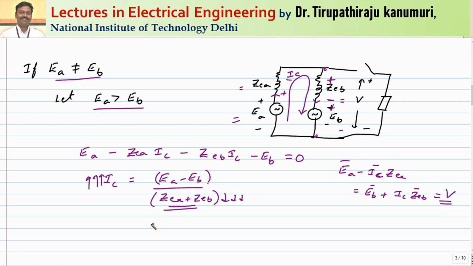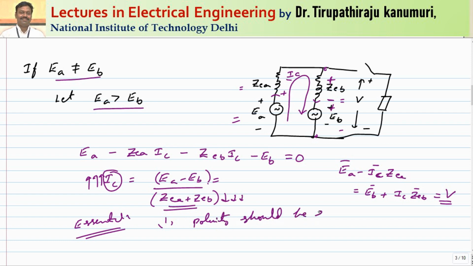So the essential requirement for the case of transformers, because I want to maintain my circulating currents at a minimum, is this: even if a small change is there, the circulating currents will be extremely high. These circulating currents will be extremely high if your polarity is reversed. If the polarity is reversed, then they are in opposite direction. So this will become EA plus EA. Even if the voltages are the same, they will add to each other. So that's why the essential conditions for operation of the transformer are, the first one, the polarity